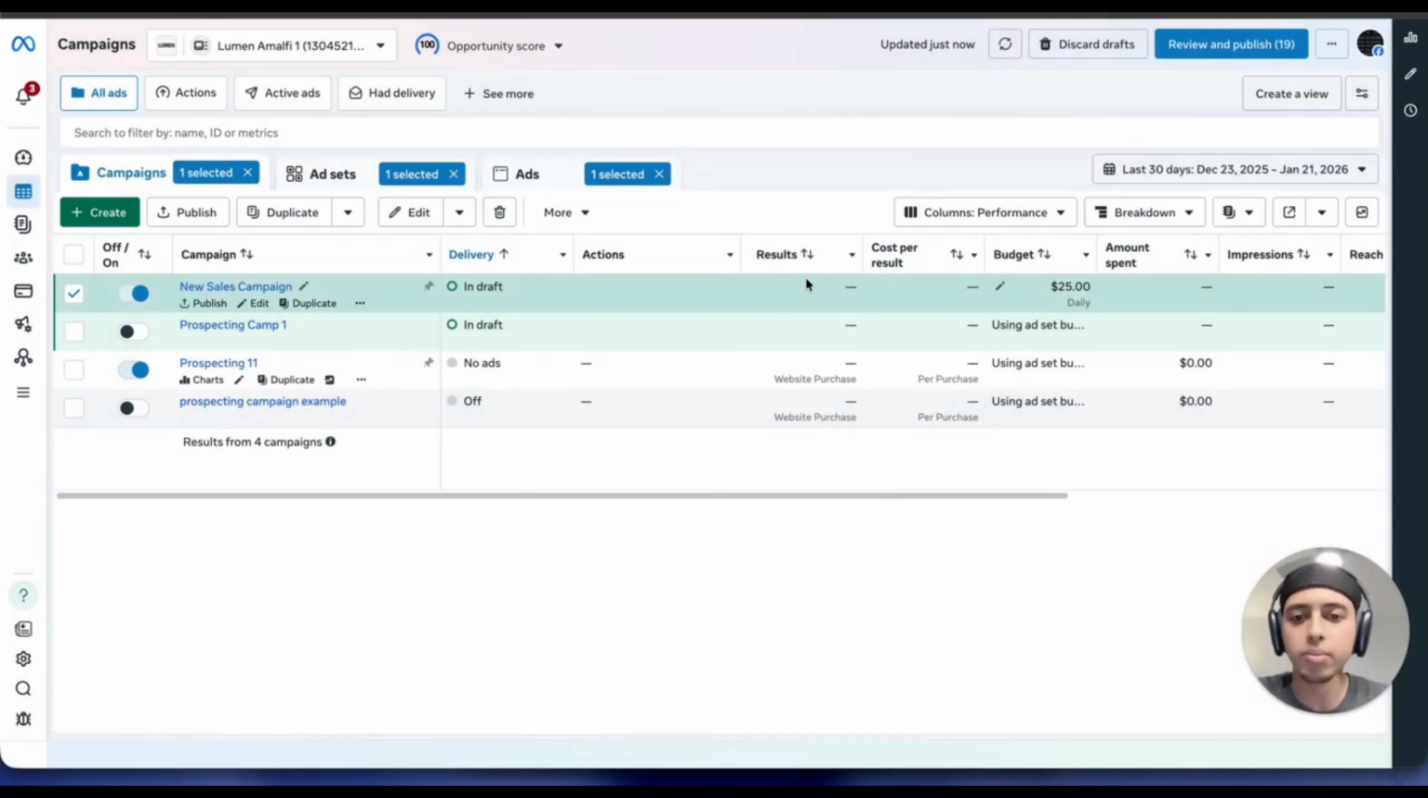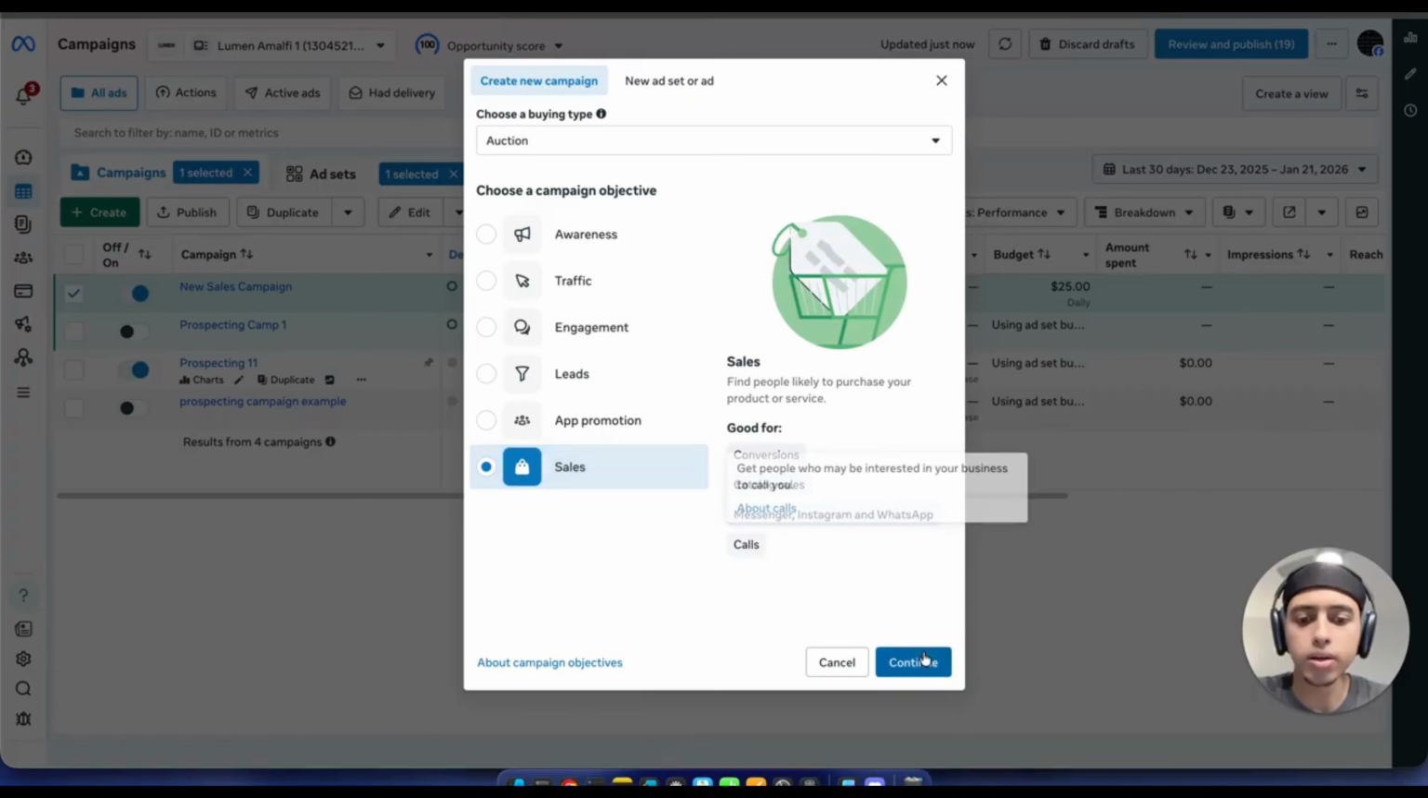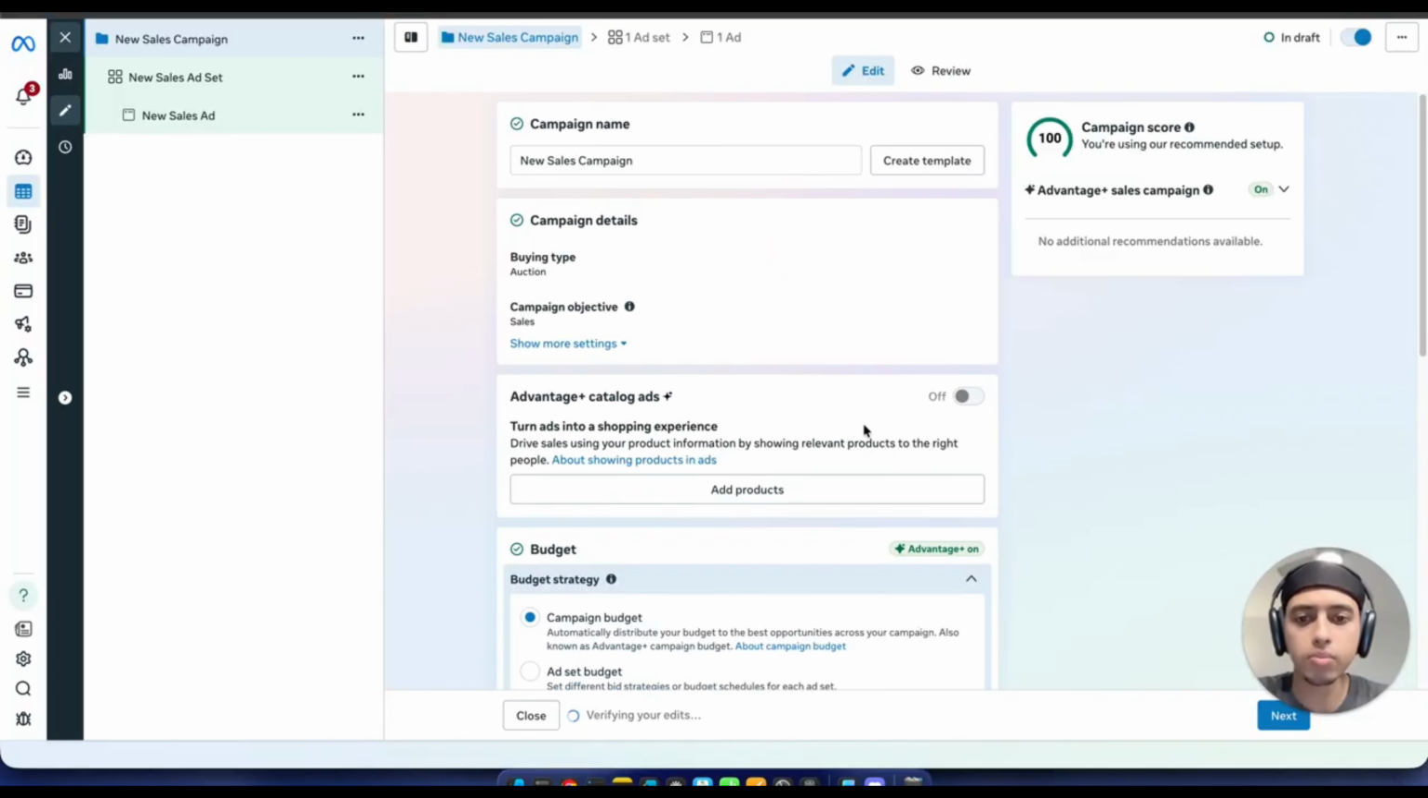All right, so we're in the ad manager right now. So we're going to go ahead and click create. And then we're going to select our objective, sales, for our retargeting campaign. And then we can go ahead and give this one a name. This will be our retargeting campaign. You can always come back and edit this once it's published, so you don't have to stress about the naming